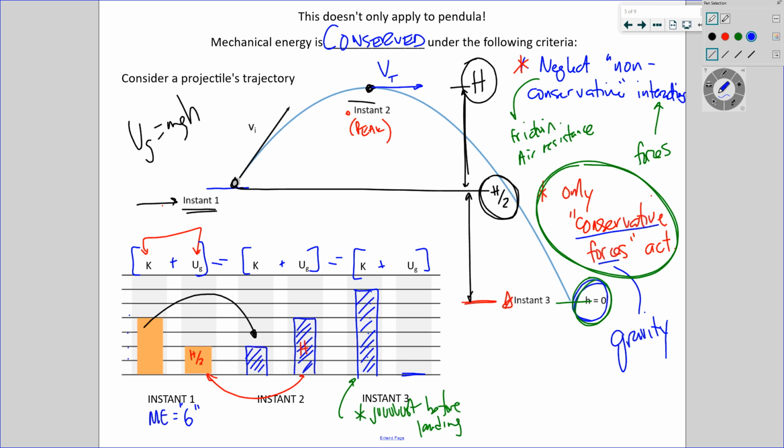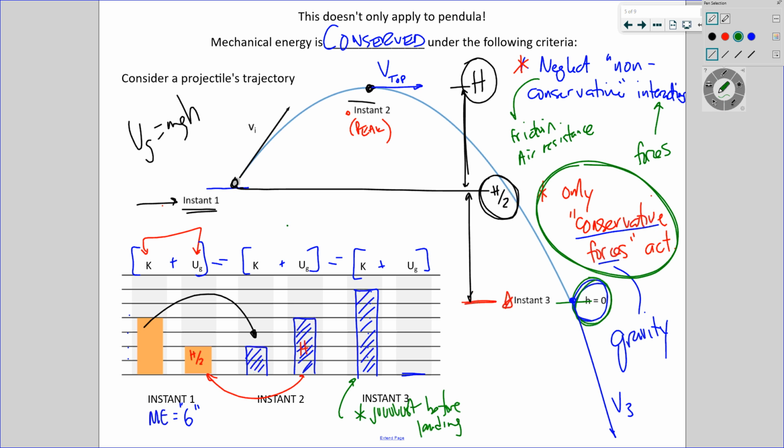I'll call that V top. I should call it V2. Why don't I call it that? You could do that too. All right, so this thing is moving just slower than it was before. Okay, down here, it's moving faster than it did before. There's V3. I'm drawing those velocities tangent to the curve. That's not the worst thing in the world for you to notice. For my folks, it's not something we've talked about just yet, but it's pretty good to be able to feel comfortable with. Okay? But the major thing that we're trying to accomplish here is we're trying to